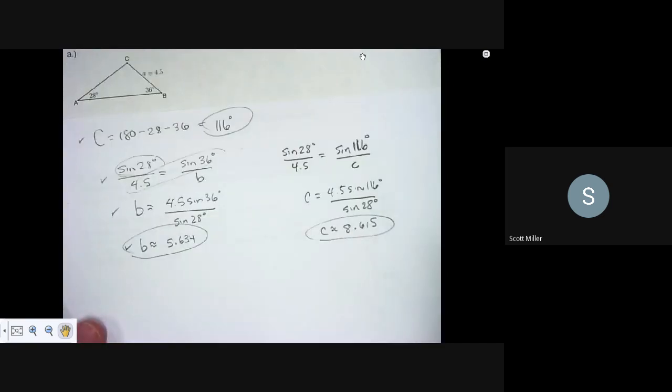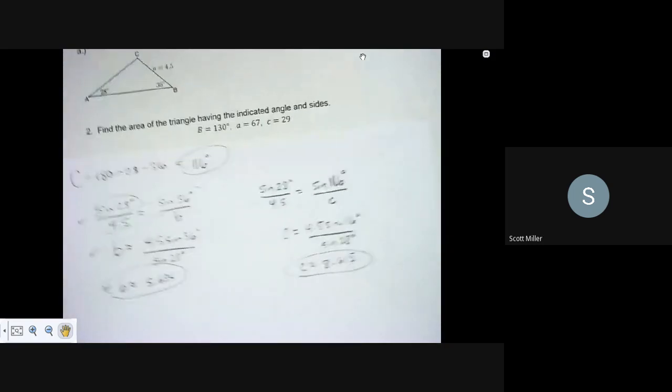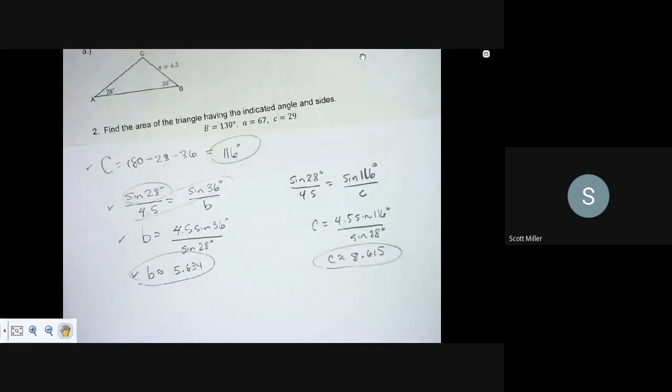We can also do it when we're looking for angles. I don't have an example of that here, so I'll do one of these in class so you can see the steps you would do for finding an angle. But let's continue on to the next part of our work, because we're going to learn how to find the area of triangles using trig